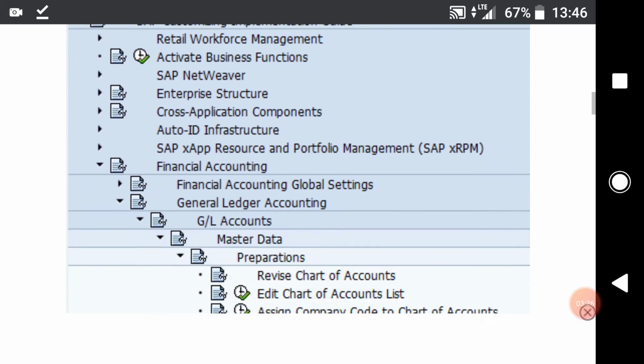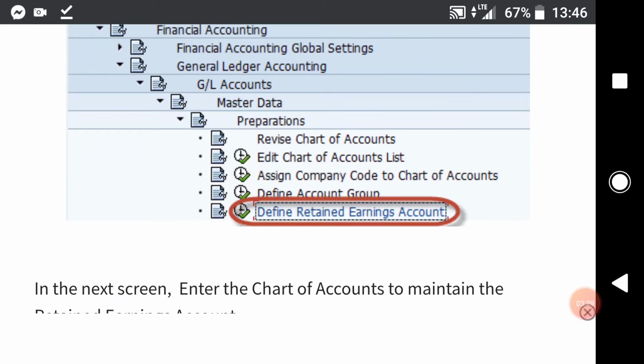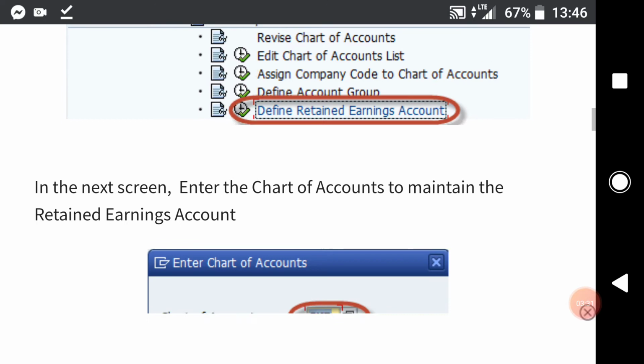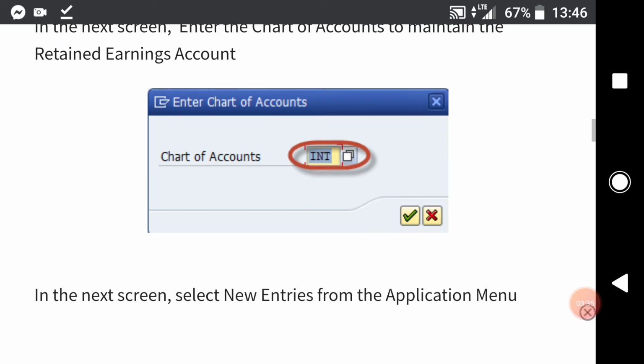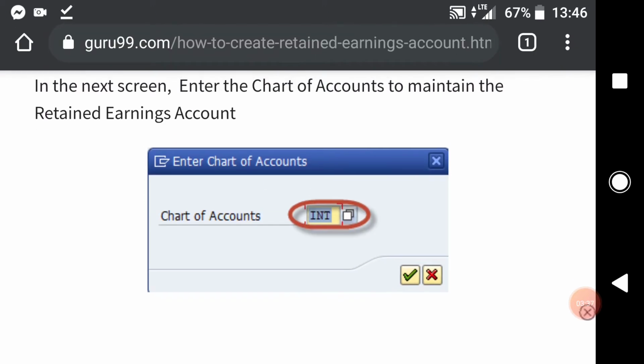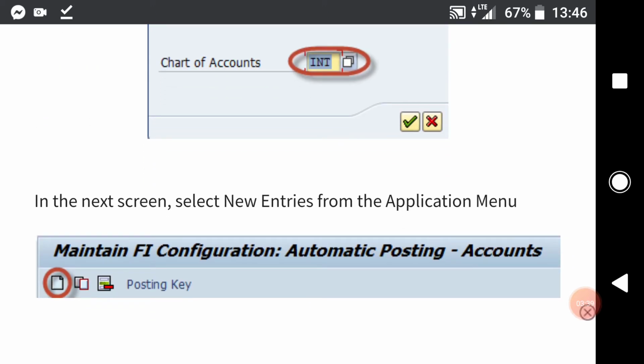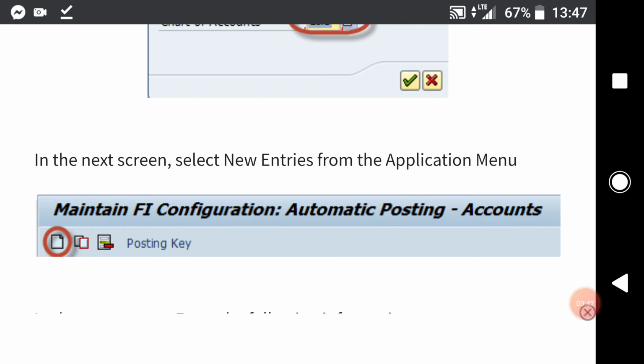In this step, we will define the retained earnings accounts. In the next screen, enter chart of accounts INT, international. Then select New Entries from the application.